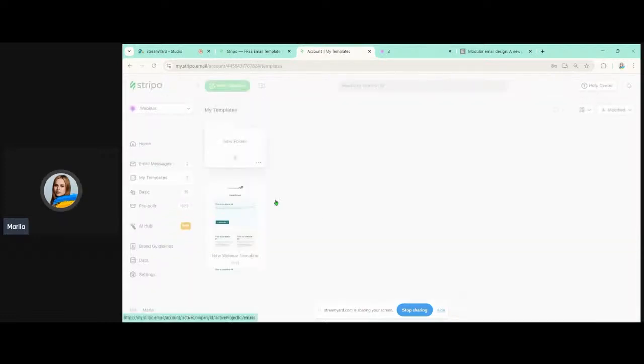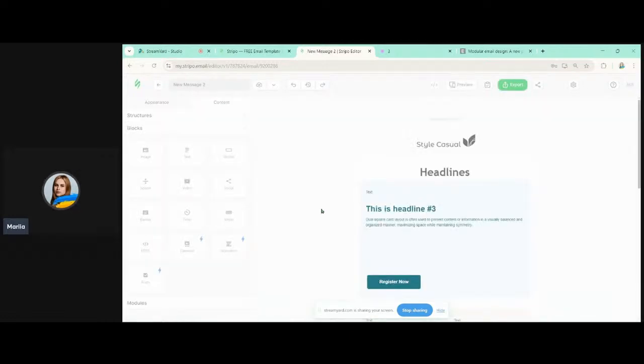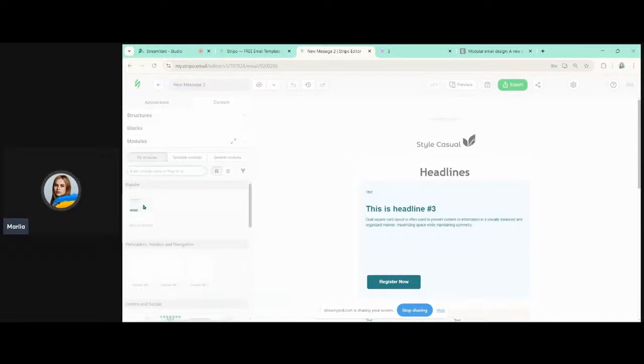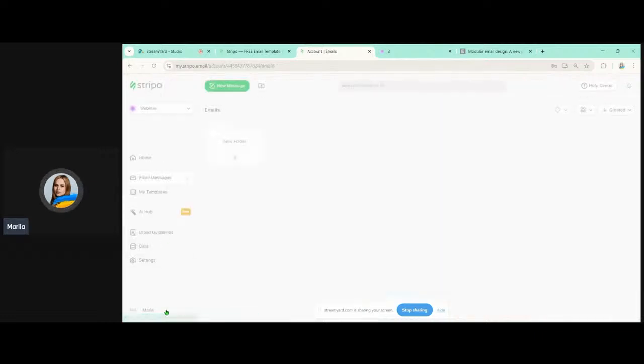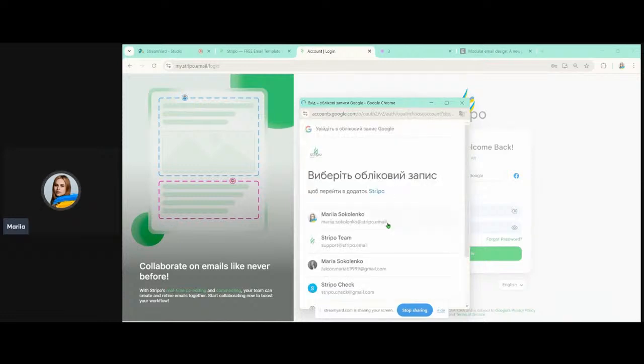And here I entered my template with the old editor. And now let's go and create the new message. I can create the new message with the help of the template. So the template will work as a base for my email. So in this case, I cannot, as a proofreader, edit the content in here, but I can view different tabs. For instance, the modules tab. I cannot drop it, and I will go back to my account